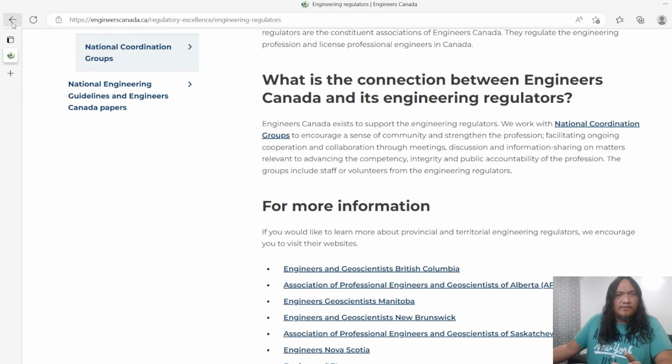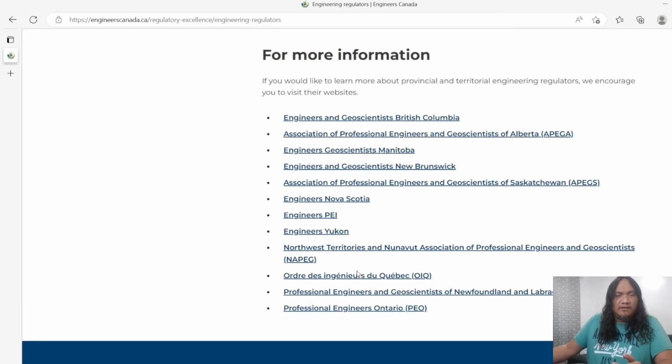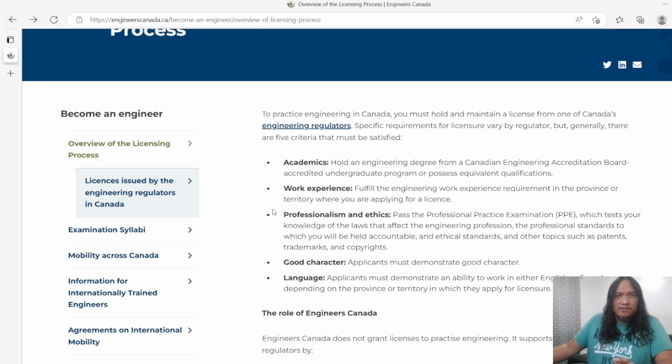And then this one, Engineers and Geoscientists of British Columbia, that's in the province of British Columbia, and so on and so forth. So let's go back to the 5 general criteria. First is the academic. You must hold an engineering degree from a Canadian Engineering Accreditation Board accredited undergraduate program or